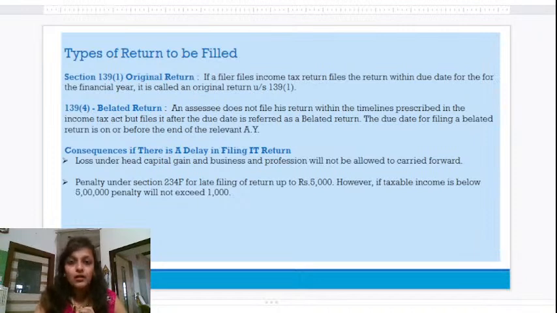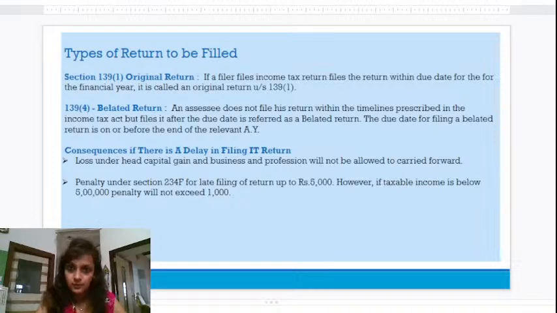Say, for example, your total income was below the exemption limit. You are not a senior citizen, so your age is below 60 years, and your total income is below the 2.5 lakh limit. Up to 2.5 lakh there is an exemption limit, right? After 2.5 lakh of income, a person has to pay taxes.